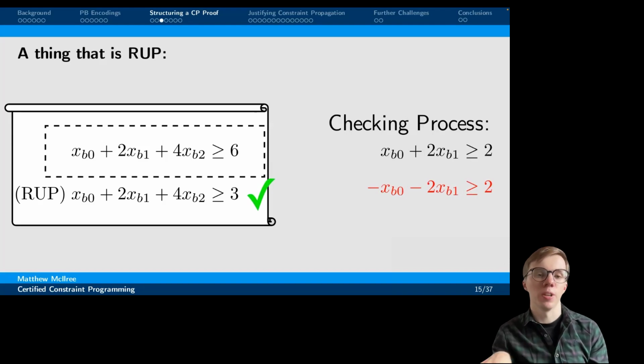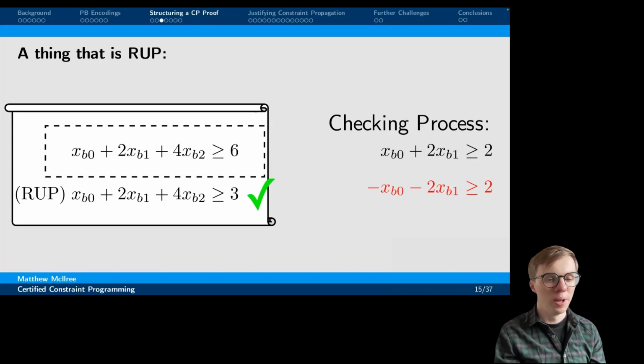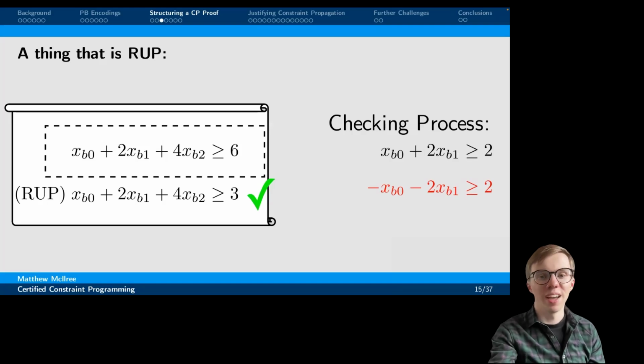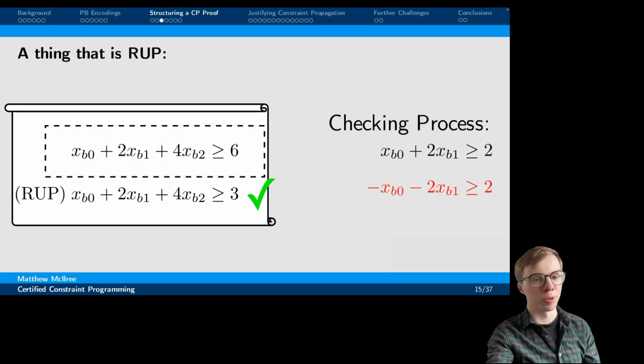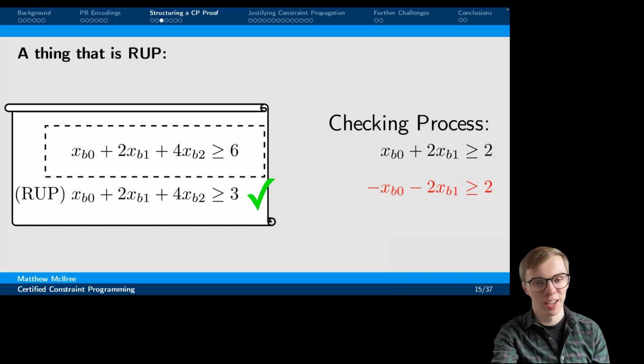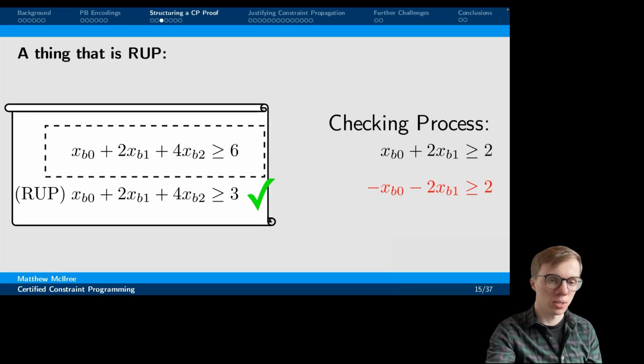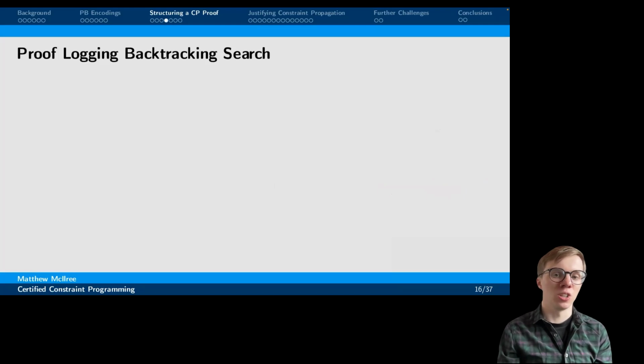And this argument effectively underlies a bunch of things that I'll talk about when I say this will definitely follow by RUP. They're a little bit awkward to actually sit down and prove in general, why these unit propagation properties always happen, but we've set things up quite carefully in the proof system so that we can rely on this. And I have sat down and proved it all now for my thesis. So I can assure you we can rely on unit propagation properties such as this. Okay, so I've set up this RUP proof rule. Let's talk about how we can actually use this